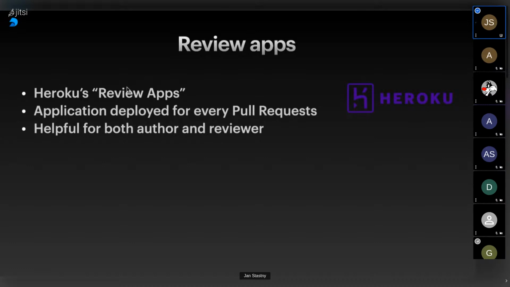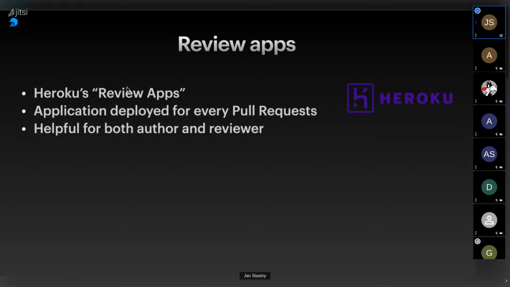You can open the application, do the review, test it, pass it to QA if necessary, and do everything you want to do with it before merging to develop or master and pushing on to some other stages like staging or production.